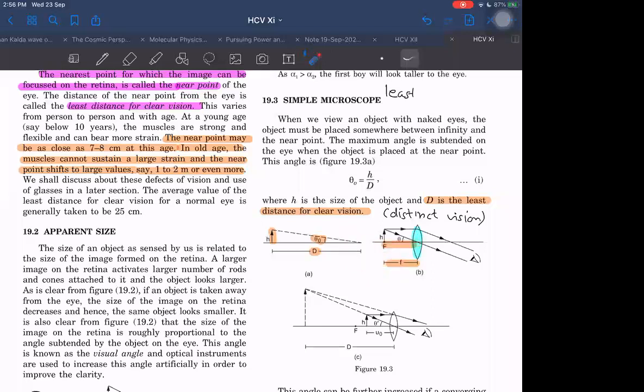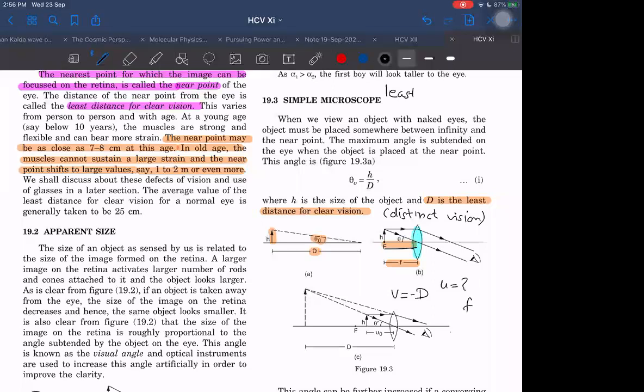Means I can do like this. This is the object distance where I want the v to be. Here they are making v to be infinity, but v I could have made at d also because I can see up to d. So u I could make as f and v I could make as d, or I can say u is minus f and v is minus d. Then I will be getting what I want here. Let's see, I'm lost. Sorry, this is not minus f. U is something unknown, and f is given.